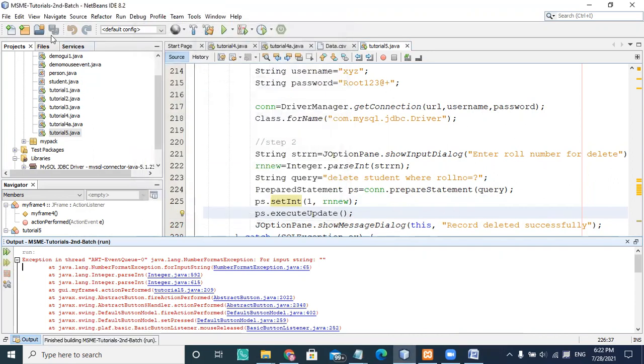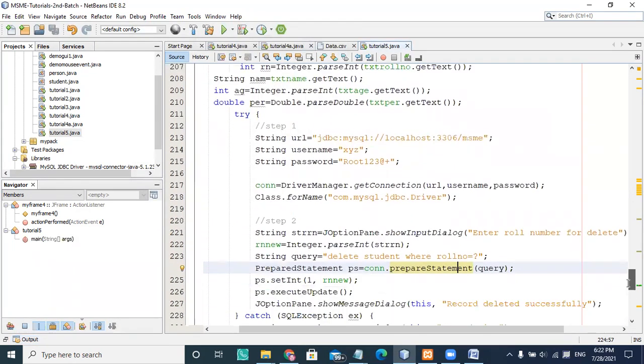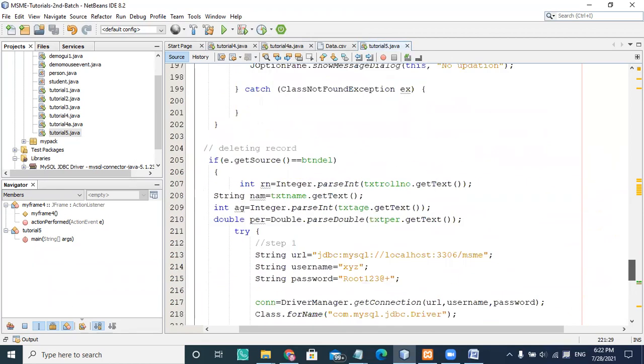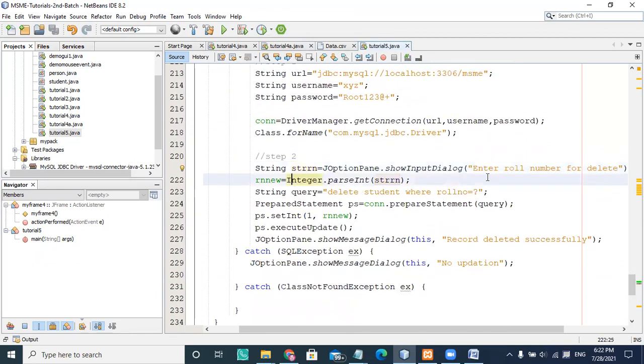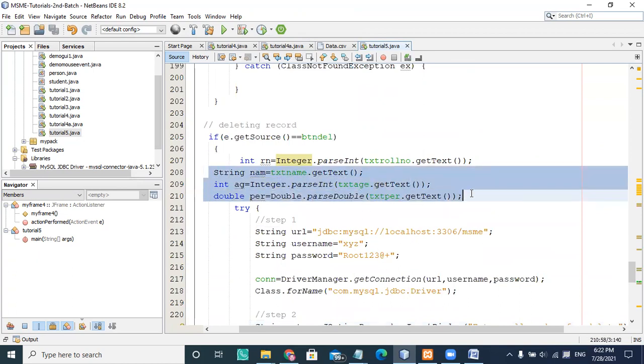This is not again the right practice because you are actually using this and asking for the roll number here. So when you click on button delete, it's going to ask to enter a roll number for delete, and for that you are taking a roll number only, not other values here.